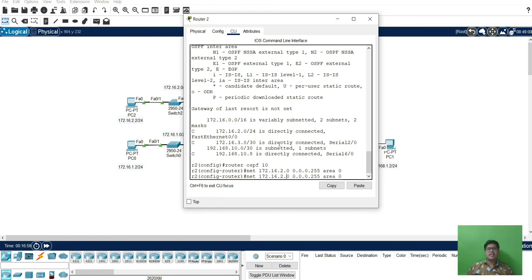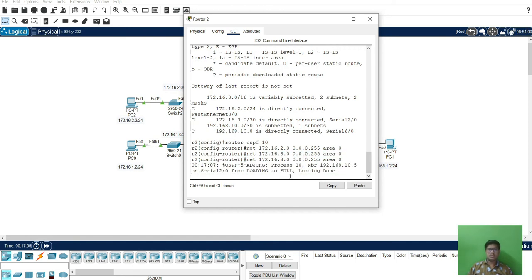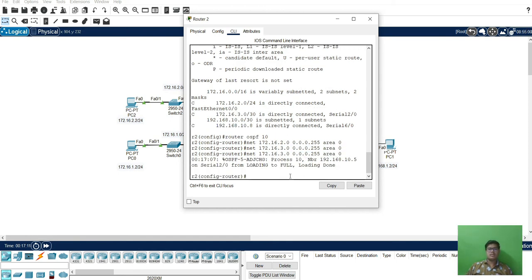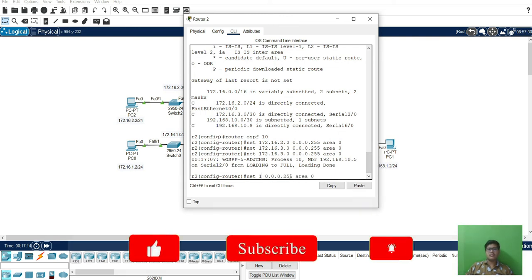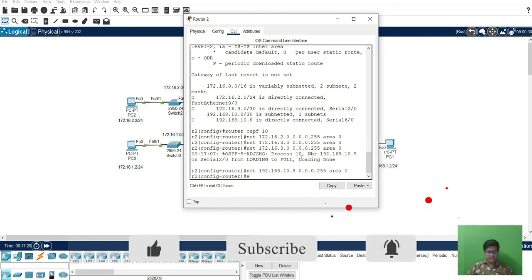Next the connected network, 172.16.3.0, and here 192.168.10.8. Okay, so this configuration is done here.